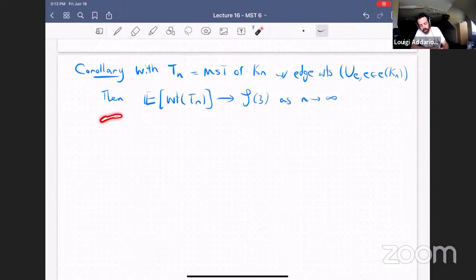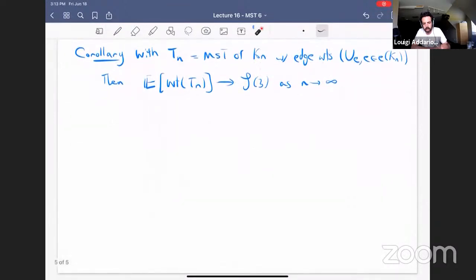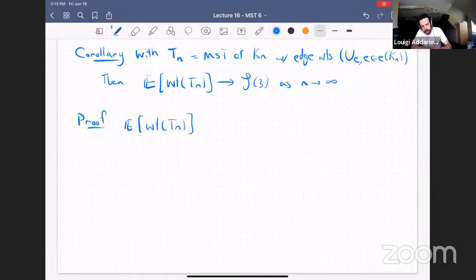In fact, this fact can be strengthened to convergence in probability, but I won't do that in the lecture. Okay, so the proof isn't hard given what we now know. We just say, this expected weight is the same as if we sum the weight over